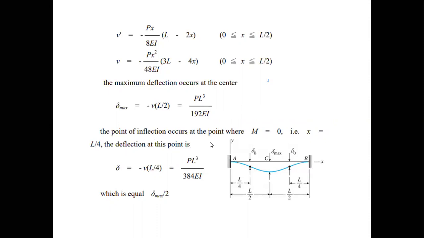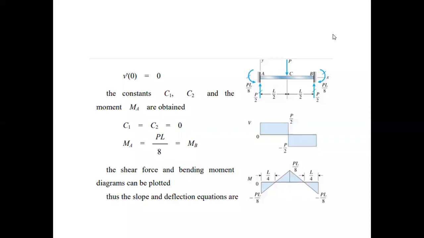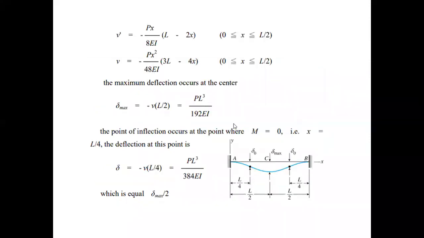Similarly, the point of inflection occurs at the point where M is equal to 0. Obviously, the point where M is equal to 0 is the point of inflection. So the point of inflection will be where the moment is 0. So the moment is 0 at the center, so it will be at L by 2. So you can see the point of inflection is